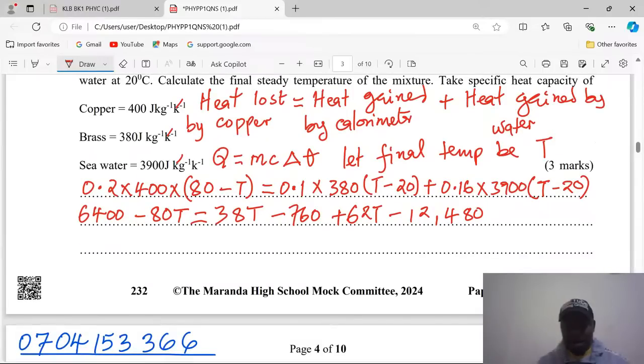We group like terms together. Remember, this should be 624T, sorry, not 62, 624T. So we need to take 6400, we add 760, and we also add 12,480. That will give us